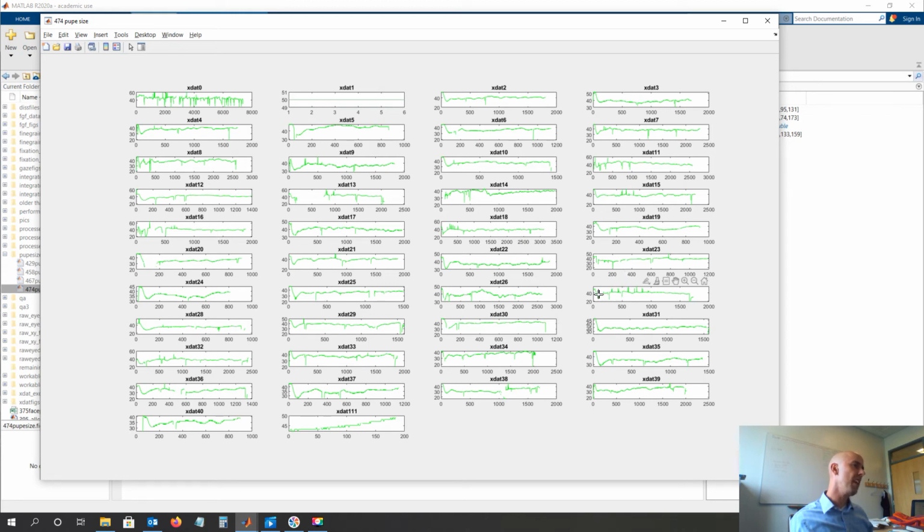So this stuff here at the beginning, how aroused the subject was or how big their pupil was at the beginning, isn't that important to us because they're just looking at a neutral face. It's this stuff at the end where they're starting to see it's probably a sad face, and then finally they press the spacebar, or it's an angry face, whatever. This would be the most interesting stuff to me.